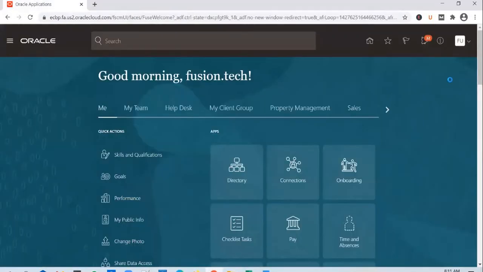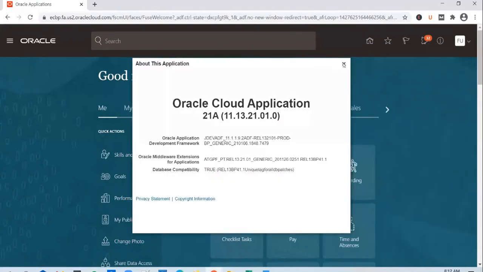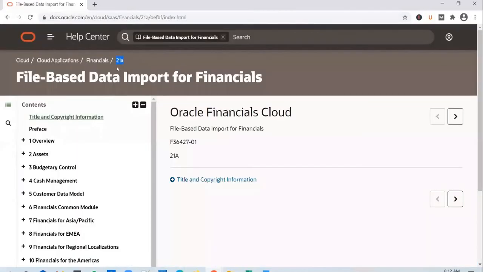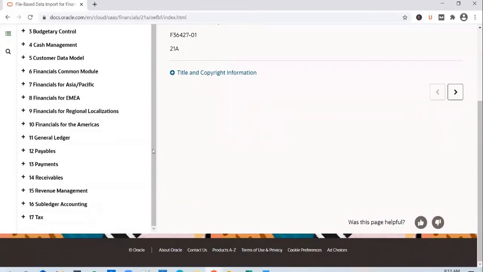And the reason I'm picking 21A is that the application we are using, our Training Institute application, has version number 21A. There might not be major differences between the FBDI templates, they might not change drastically, or they might not change at all between the versions, but sometimes you do see some changes between the versions. So it's always better to pick up the FBDI template of the version that you are using. And in here, I scroll down, and I have FBDI templates for all the common financial data entities. So you can load customers, journals, payables and receivables transactions. You have quite a few available here.